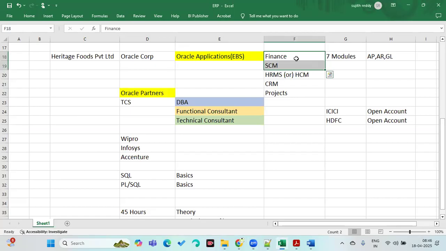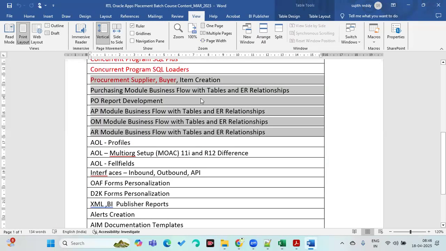Sometimes they'll ask you, are you a procure to pay consultant or are you an order to cash technical consultant? I am both, because we have to learn both things. Because we need a job. Generally when we are working in real time, people learn and work on one cycle. But when we are going for an interview, a lot of things they'll ask you. They'll say we are looking for both the cycles. So we have to learn both. So we are going to learn both procure to pay cycle technical and order to cash cycle technical. Both we are going to learn with functional setups, whatever is required for the technical consultant.